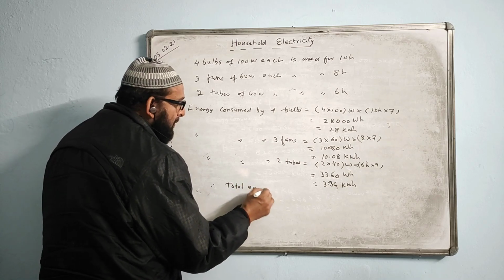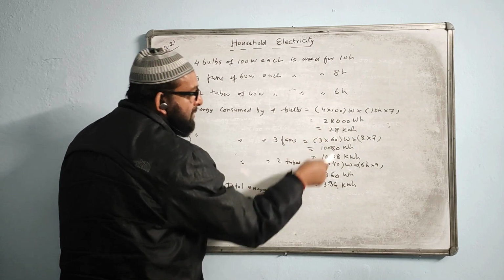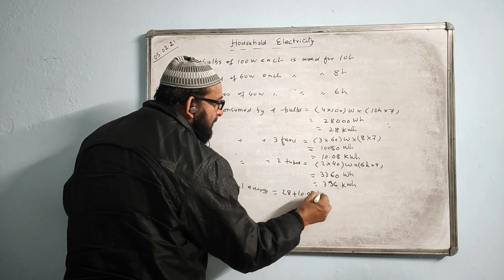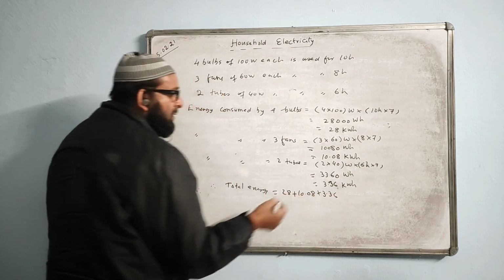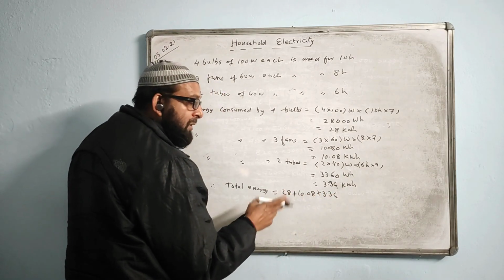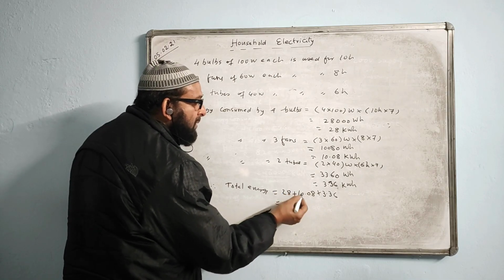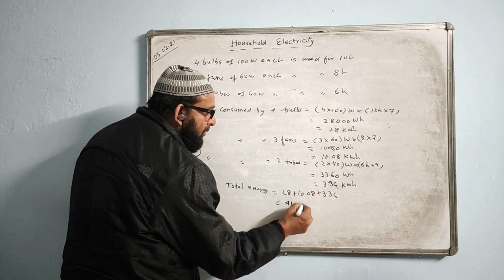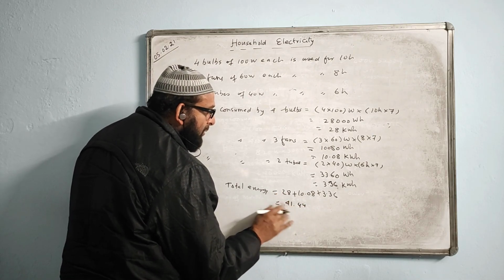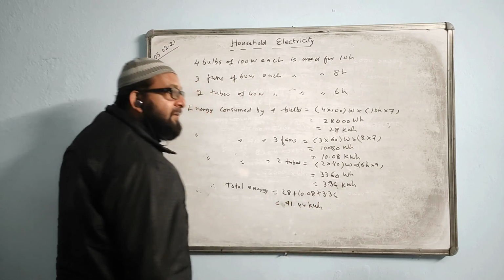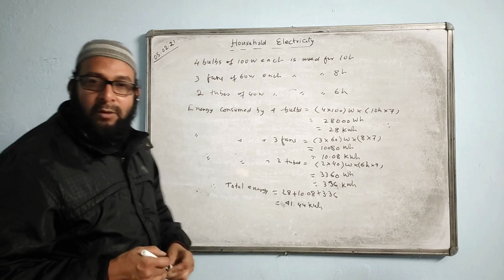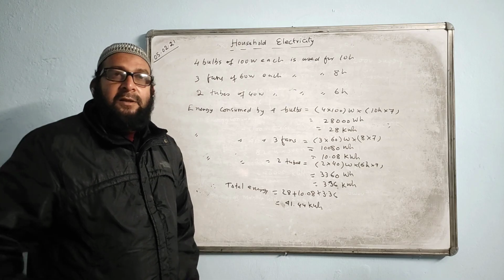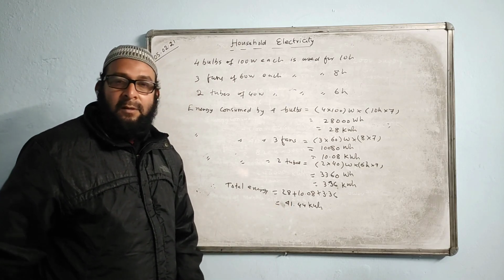Therefore, first we find the total energy consumption. Total energy, this plus this, we add: 28 plus 10.08 plus 3.36. Now you get the answer. Whatever comes, that is your units, that means kilowatt hour. 28 plus 10 is 38, plus 3, 41.44, sorry, this much kilowatt hour, 41.44 kilowatt hour. And if they give the cost, then we will multiply by the cost, whatever cost is given. Then that will be the amount of the bill. If they just ask you to find the energy consumption, this is the answer.